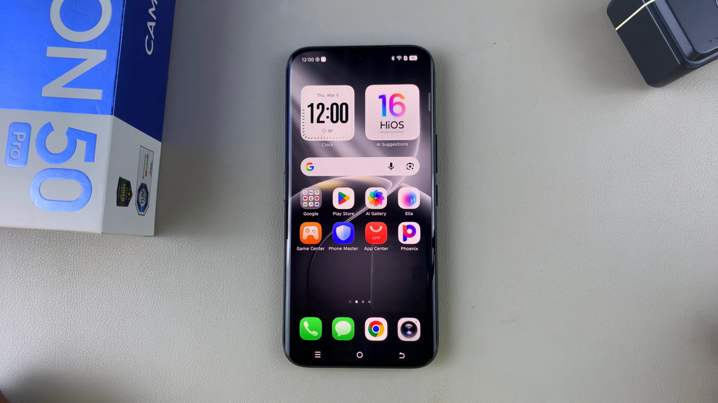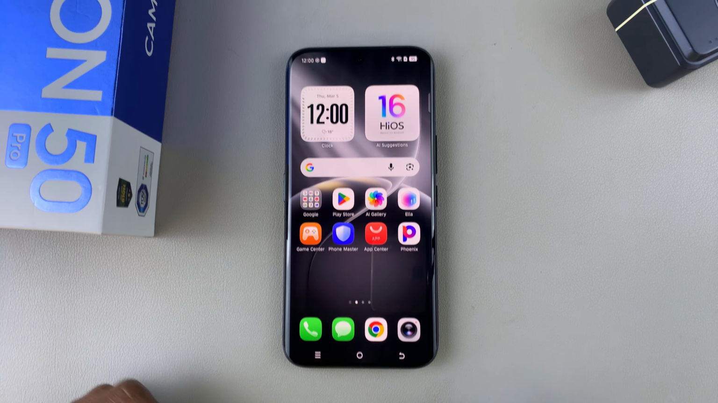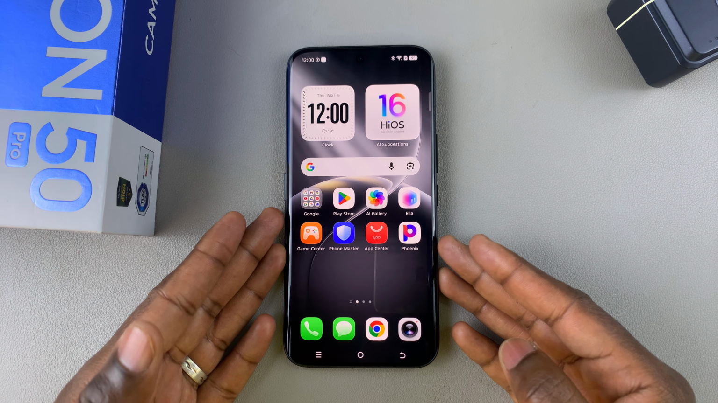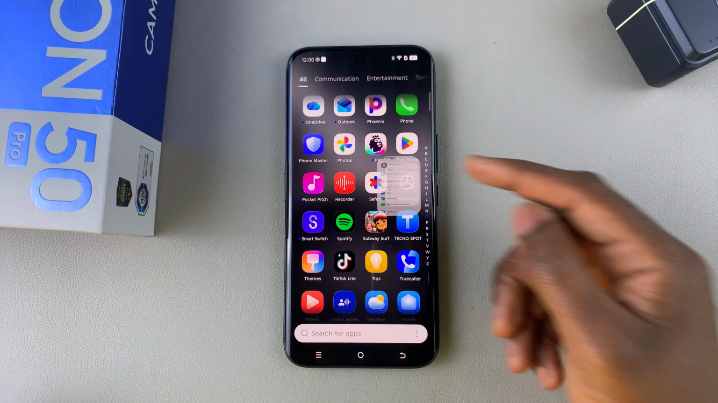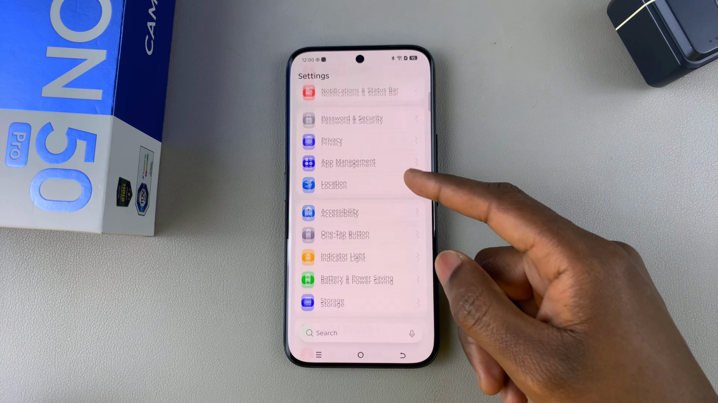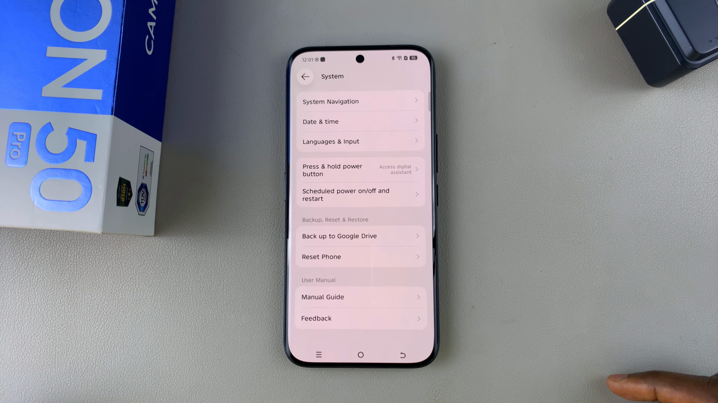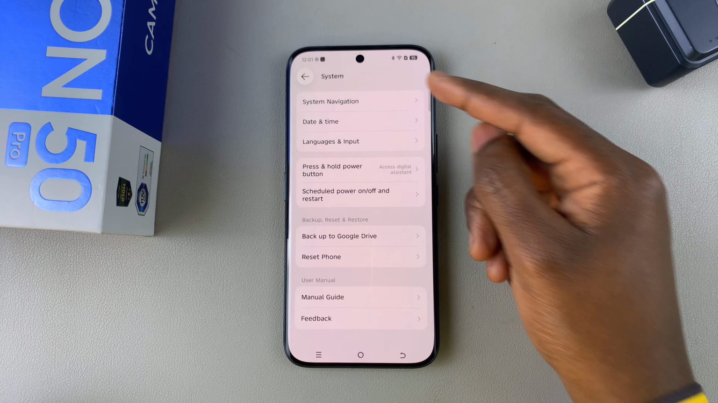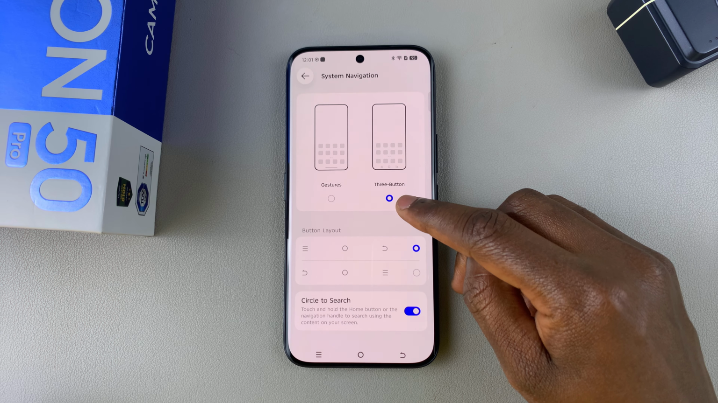Let me show you how to switch between the gestures and navigation buttons on your Tecno Camon 50 Pro or 50 Ultra. So go to Settings, and under Settings you want to scroll all the way down and tap on System. Under System you want to select System Navigation, and as you can see, for me, by default I have selected